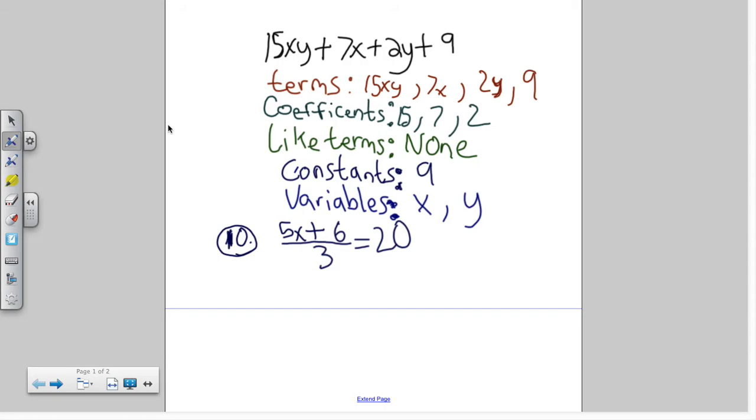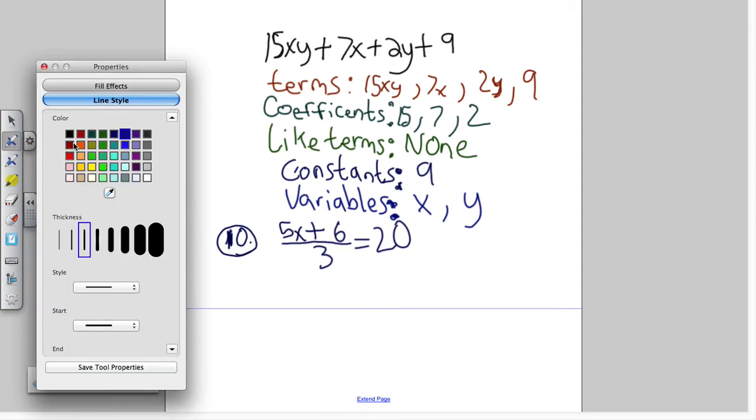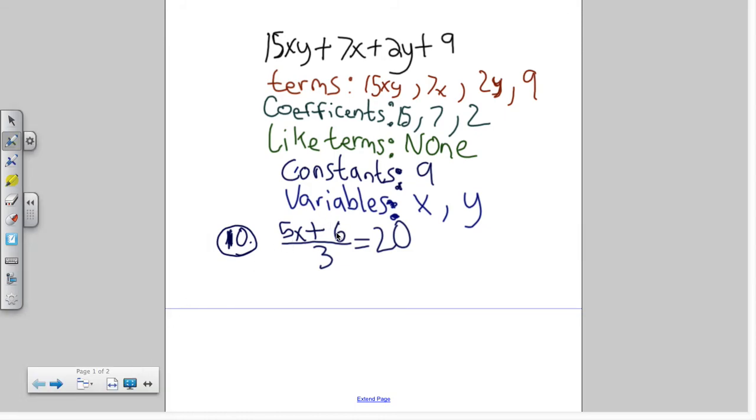So number 10, we have the expression or the equation 5x plus 6 divided by 3 equals 20. And again, this is an equation because we have the equal sign. Okay? So first thing I'm going to want to do is get rid of that 3 and move it to the other side. Well, if I don't think of it as a denominator, I'm going to think of it as a division problem. Then 5x plus 6 divided by 3,